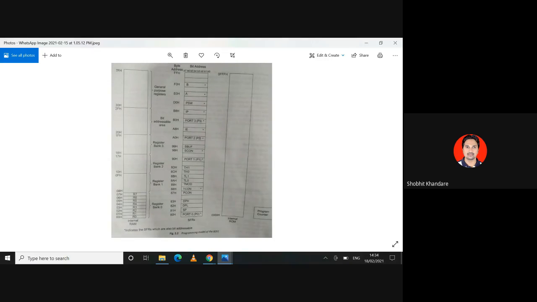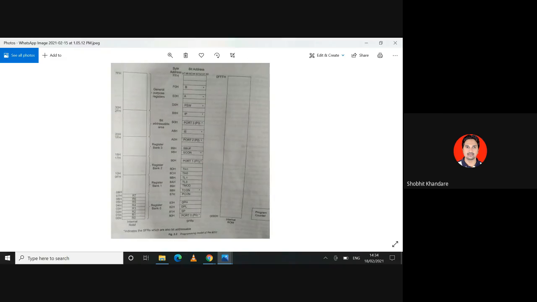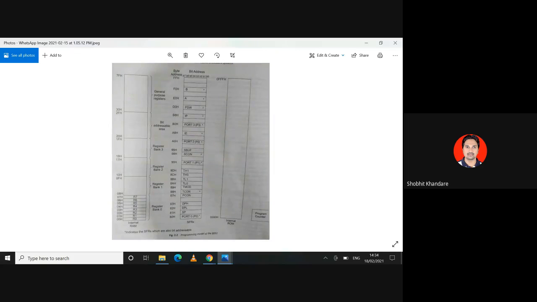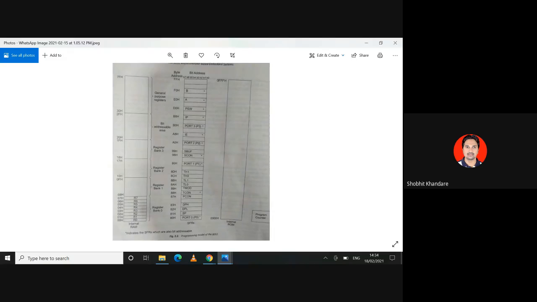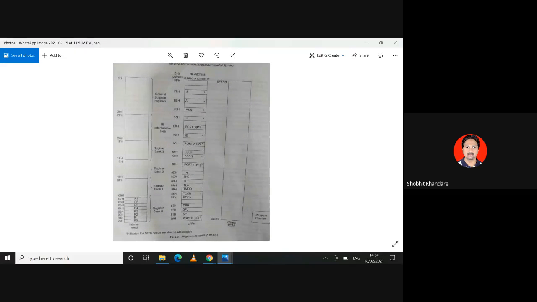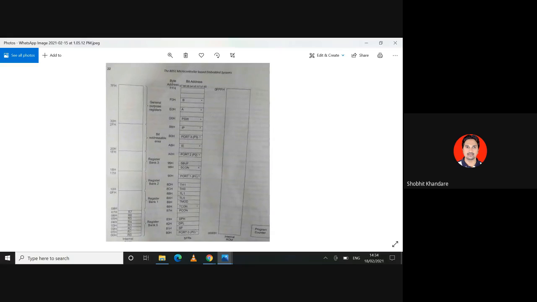I have even explained last time that there are a total of 21 special function registers. You should know by heart every special function register with its respective byte address. I don't want you to know the bit addresses, but if a question is asked about the bit address, I have also given you the elaborated figure in